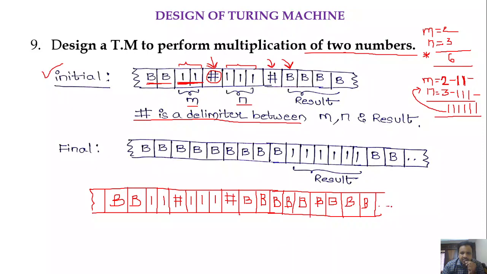Okay. So likewise, we are going to have the infinite tape. Now, just carefully see the logic here. What we have to do here is that the m value is 2 and the n value is 3, right? So here one logic is that you have to represent these 2 three times.